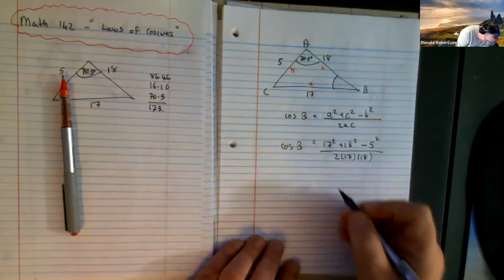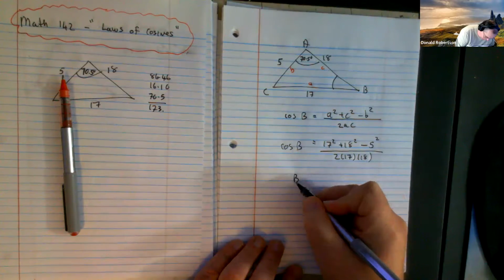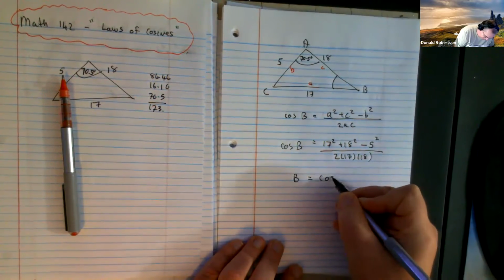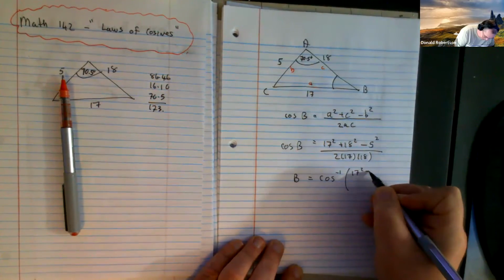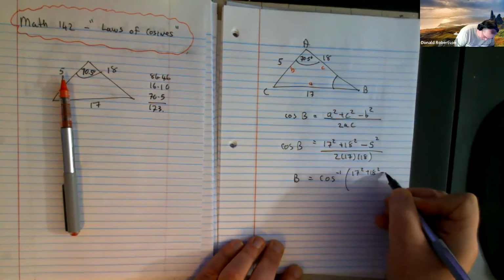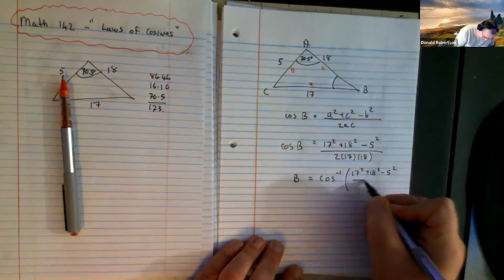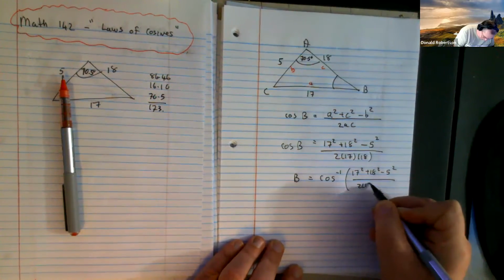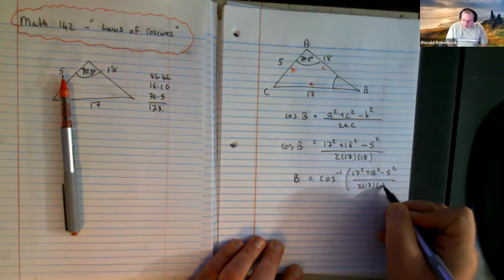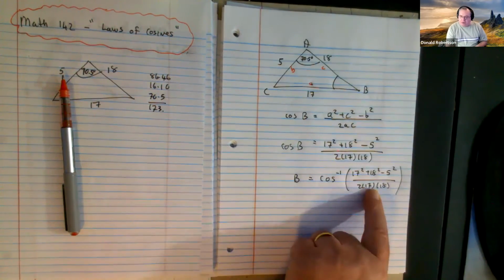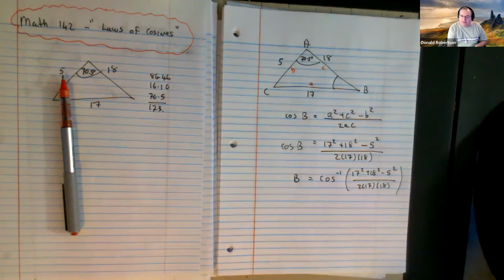And if you're brave, can't you just take the inverse cosine of both sides? So what I'm going to do here is a little bit risky, but it does save a whole load of work if I do it this way. Would you agree that that horrible calculation is going to be angle B? Okay, so